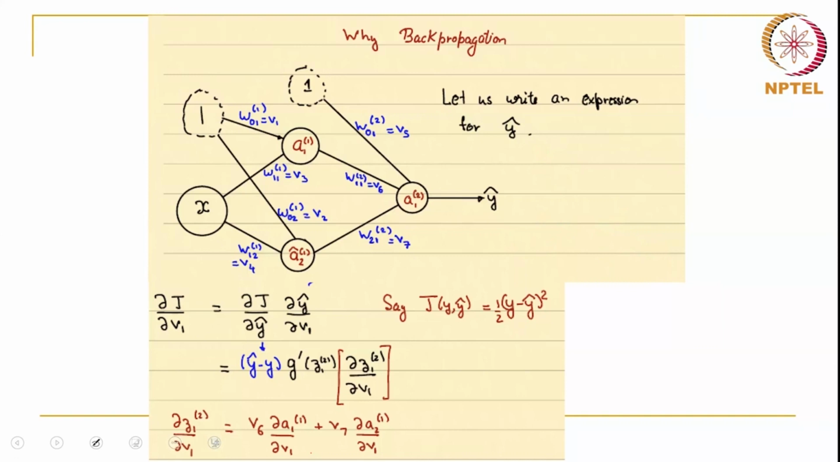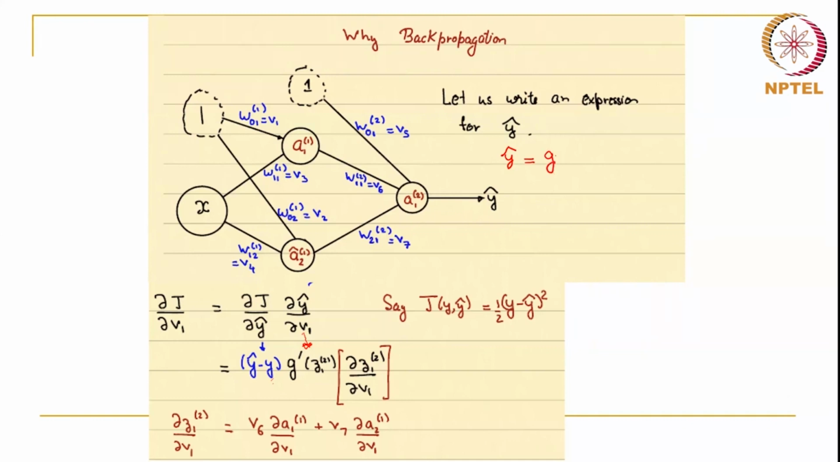Now if I want del J del v1, or del y hat del v1, oh sorry, I have written this here. Okay, so this is y hat minus y, which we just calculated. What about this term? This is the term that we have to be careful about. Okay, so notice this, y hat